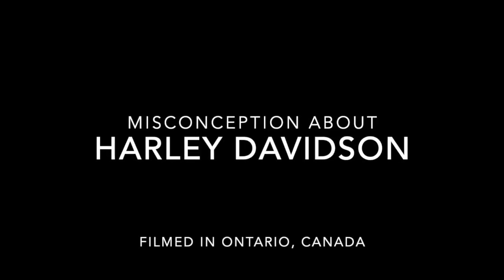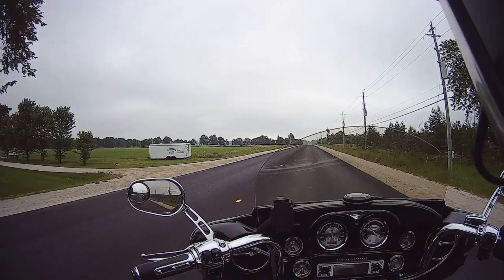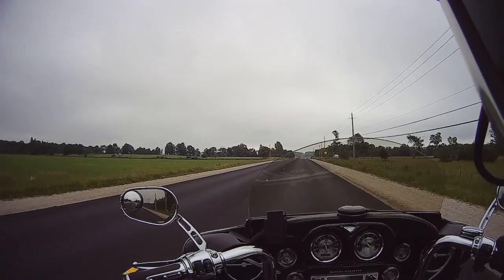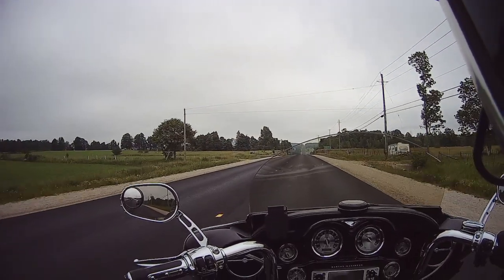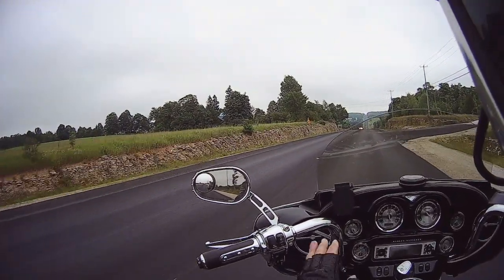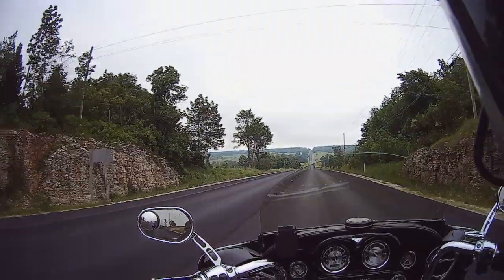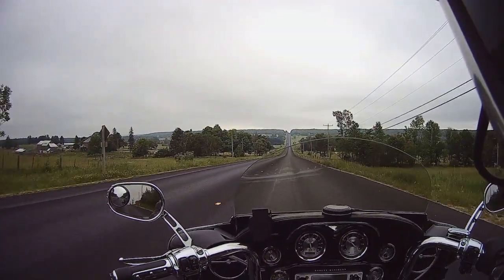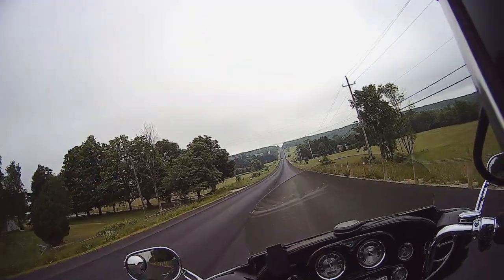You know, one misconception about Harleys is that they shake, and that they're really difficult to ride, and they shake. You know, you're all shaken up because of the shakes of the Harley. Well, here's the deal. Yes, it is true that they shake. Now, I want to talk specifically about rubber-mounted engines on Harley Davidsons, specifically on Dynas, which are no longer